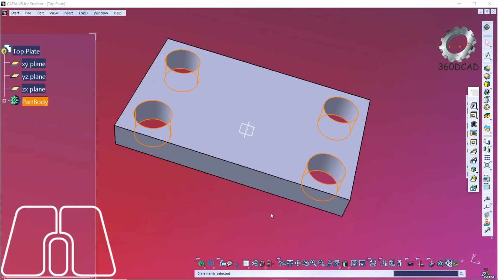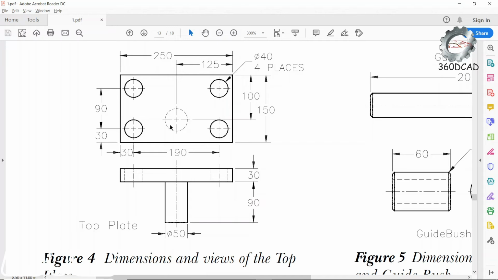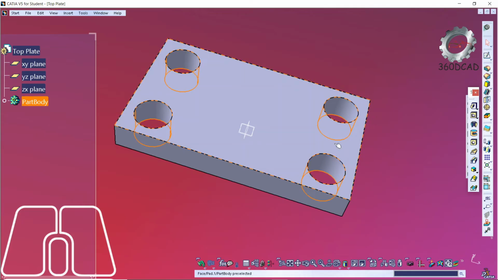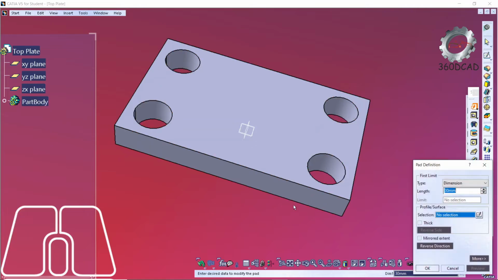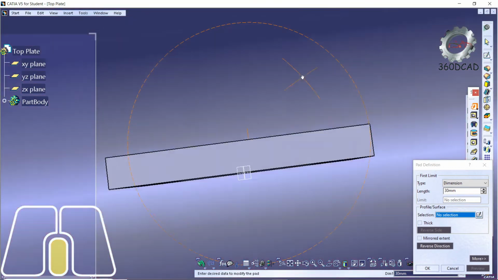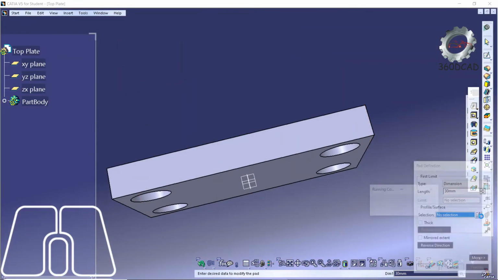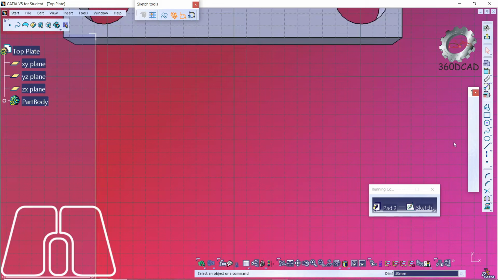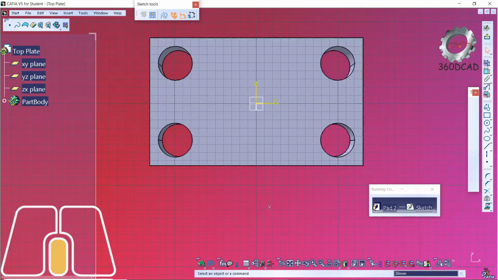Now what we have to do, we have to add this particular circle having phi equal to 50 and height equal to 90 mm. It is an addition of material, so click on the pad button. We are going to add it on the bottom, so just rotate your screen, go to the sketch view, select the bottom surface, so it is reoriented.